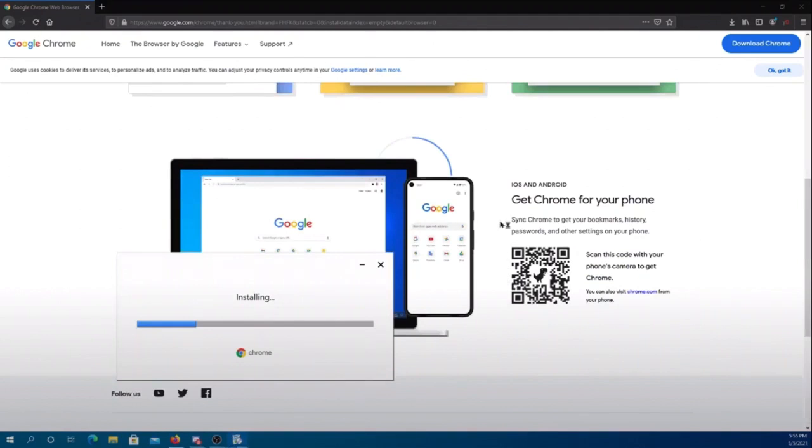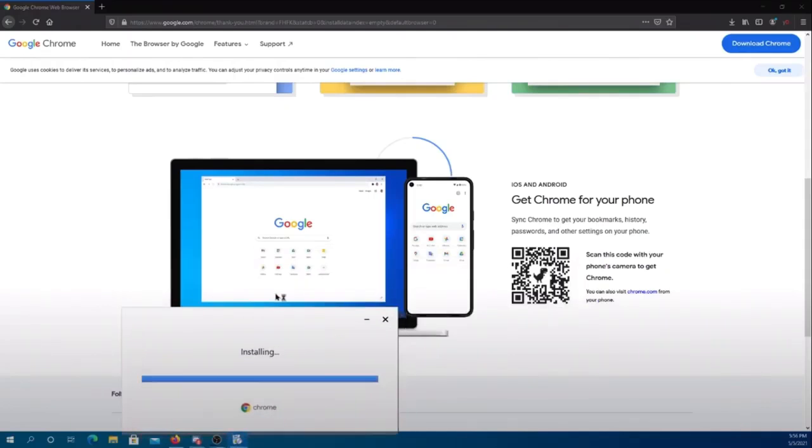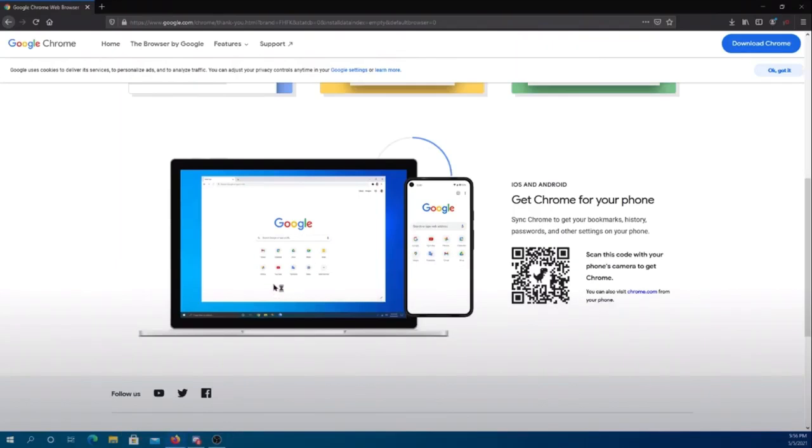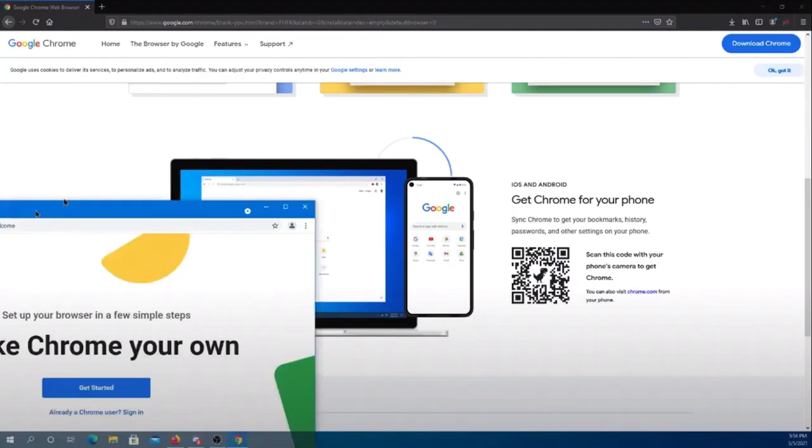You could just scan the QR code, but in case you're wondering how Chrome for phone works, there's no installation process for Chrome on mobile, as with most other apps for phones. Right, and once Chrome is done, the installer executable will close, and it'll say, make Chrome